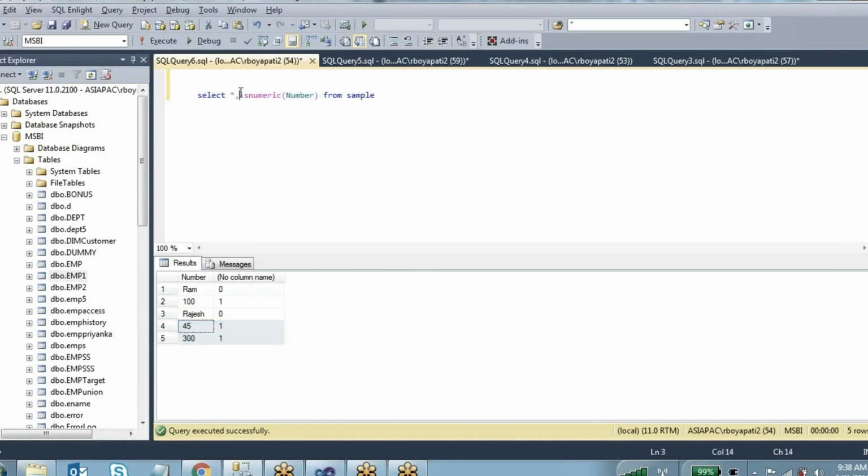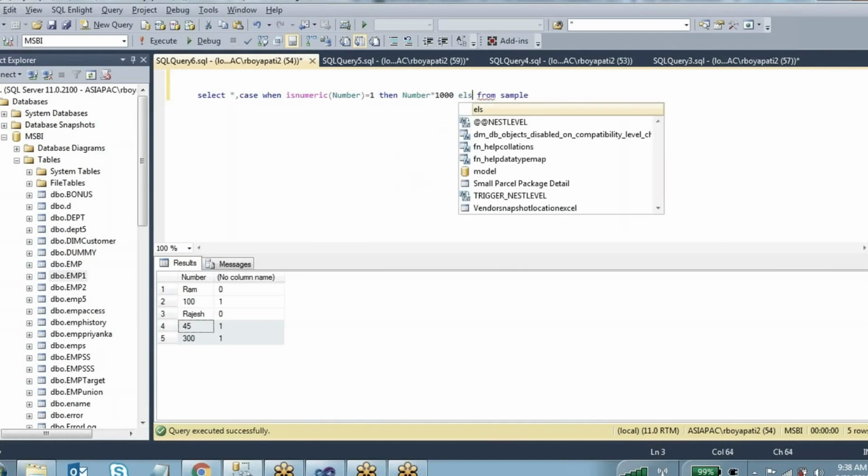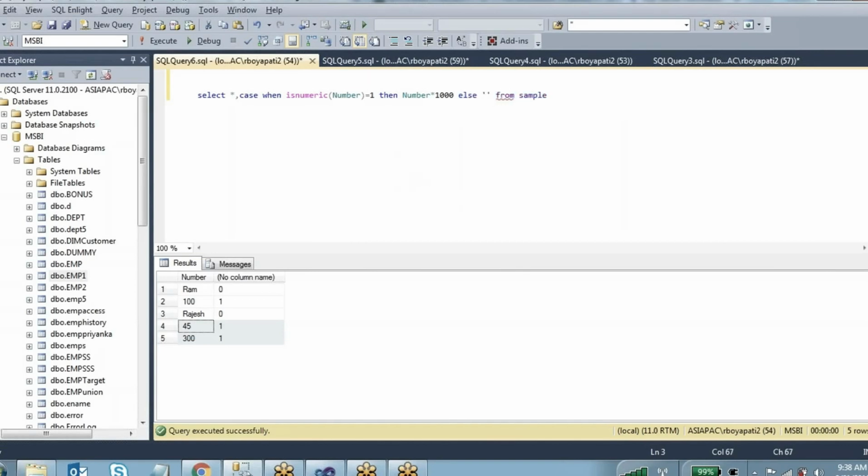Now we can write the condition: CASE WHEN ISNUMERIC of number equal to 1, which means that it is a numeric. Then what I want to do? I want to multiply this number with 1000. Else I want to just display -1.